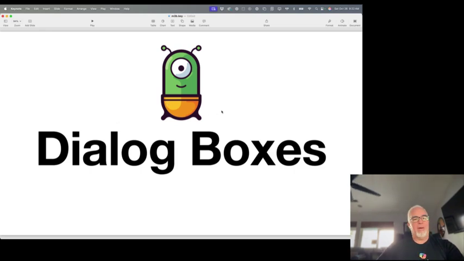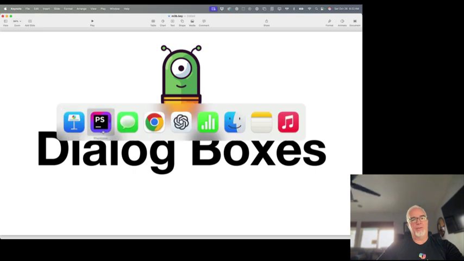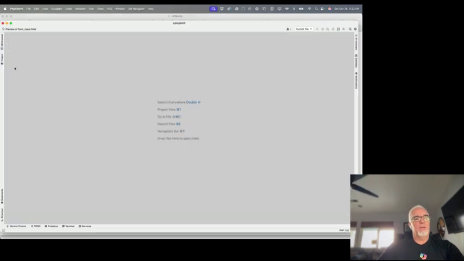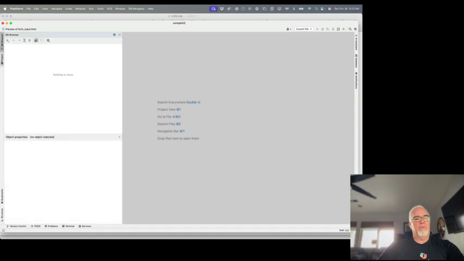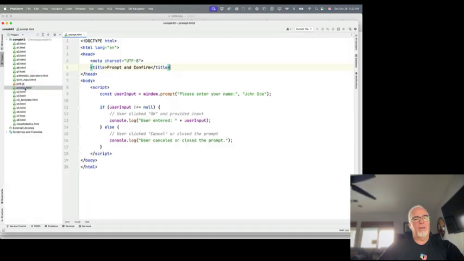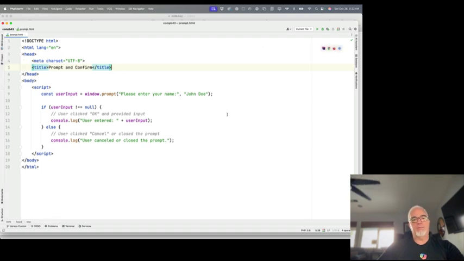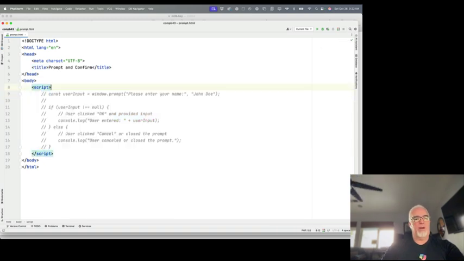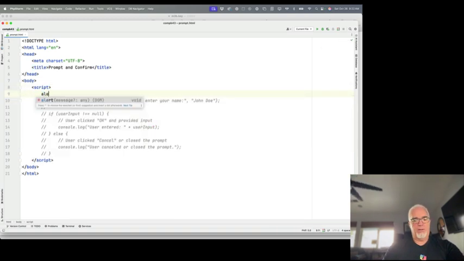Next up, I want to talk a little bit about dialog boxes. Now, we've been playing around with an alert, right? So when we've got an alert on our page, that allows us to reflect information back to the users. But there are some other types of prompts that we can use in our scripts that are a little bit more sophisticated, right? So what we have so far, let me comment this code out so I can just demonstrate the alert. Alert,